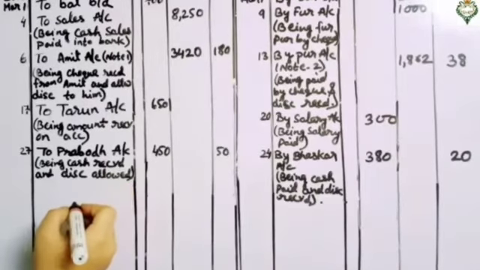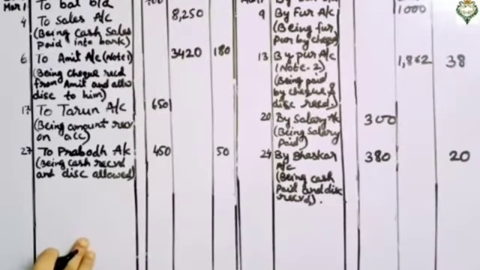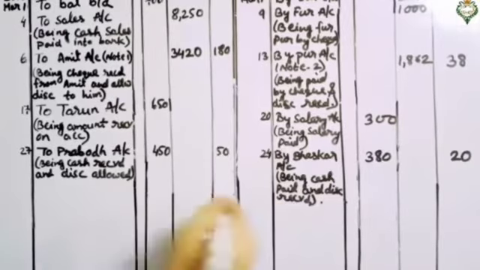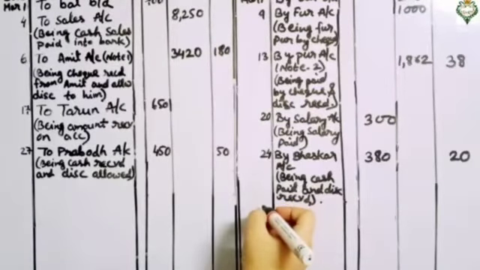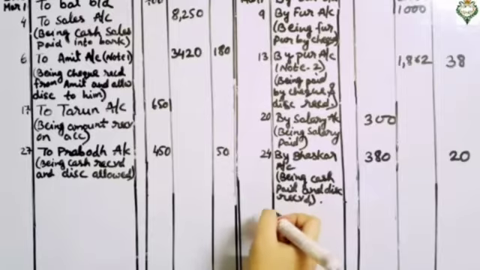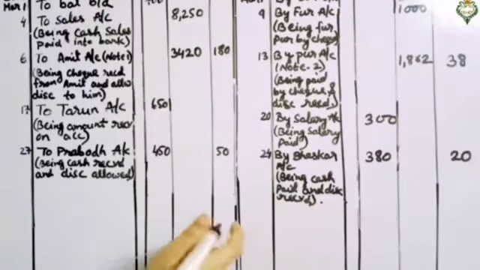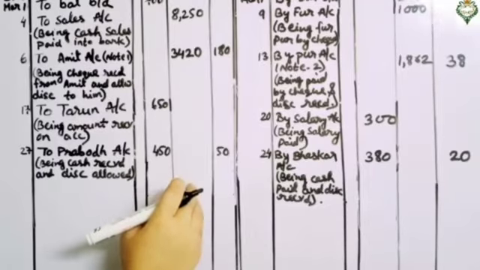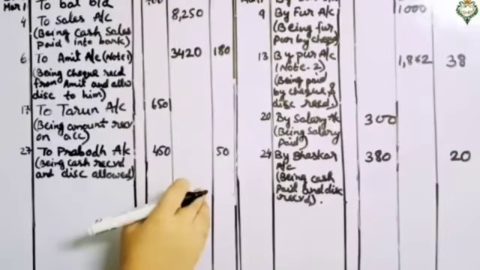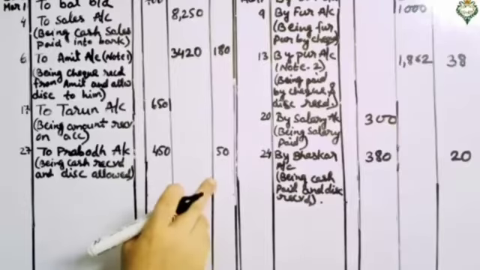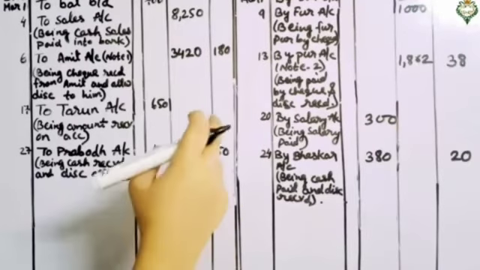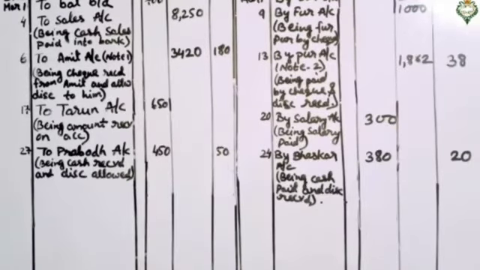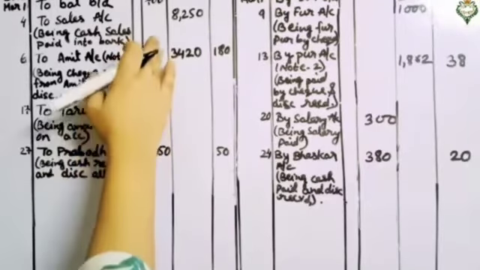Then come to the next transaction on 29th March. It is saying paid all cash except rupees 400 into bank. So we have to do a calculation for this. All the cash except 400 we have to put into the bank account. So that means we have to calculate. So come to the working note. As it is saying, we have to deposit all the amount into the bank except rupees 400.